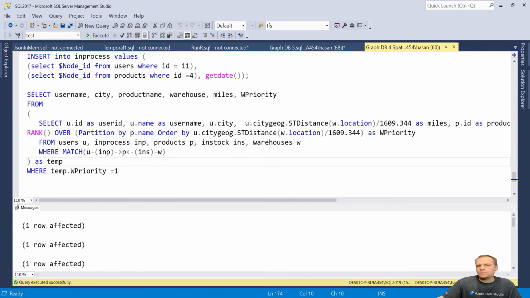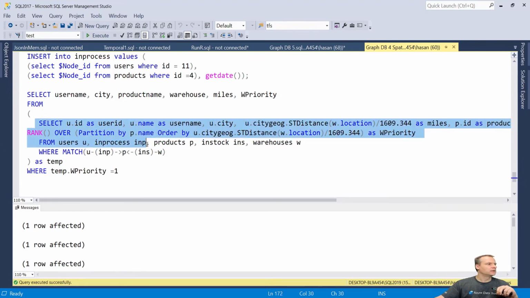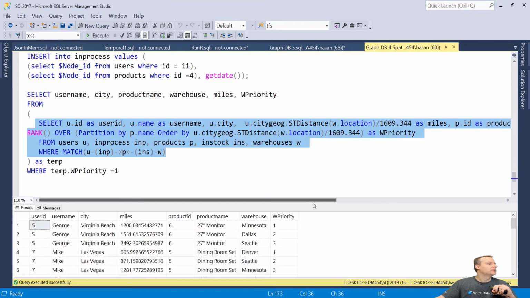Also, I'm using some geospatial data functions here. The distance function will give you the shortest distance between two locations. In here, I am finding the locations, and I'm finding the distance between the user and my warehouse. So if I run that, this is going to give me all the products in process and all the warehouses I have. If I run that, as you can see,